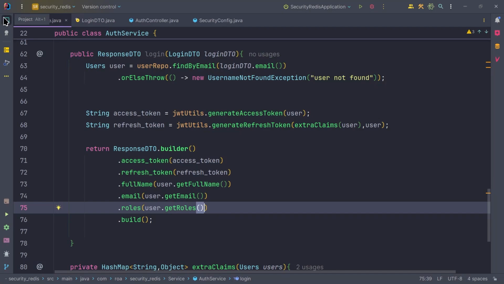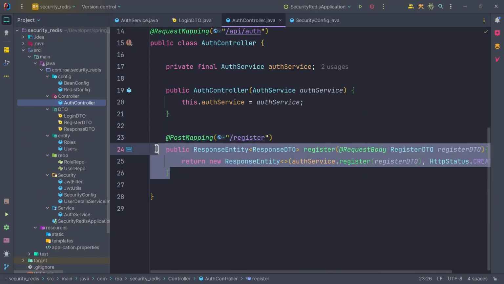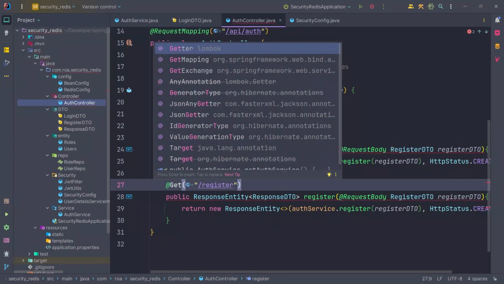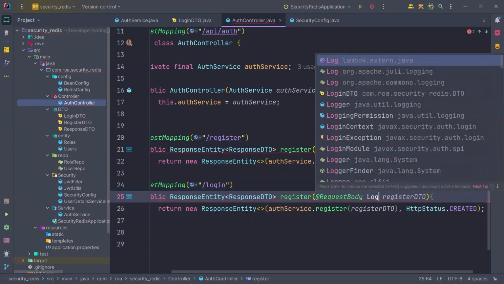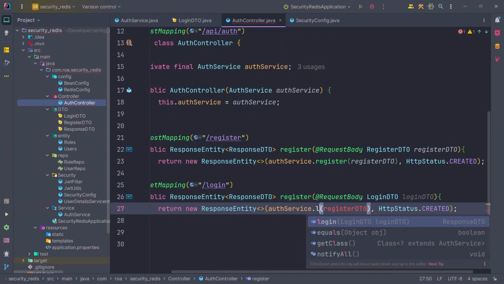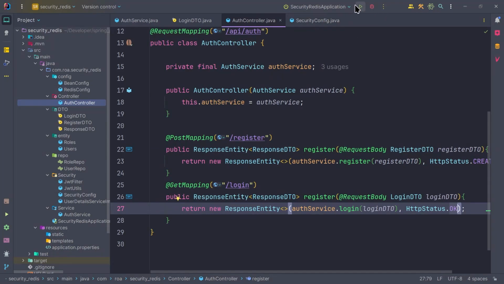So now let's call this login inside of our controller. You can just do the same thing, but this time we'll be using a get method. So get mapping, and this will be a login, and this will be the login DTO. This will be the login, and the status will be okay instead of created. Now if I were to go back,